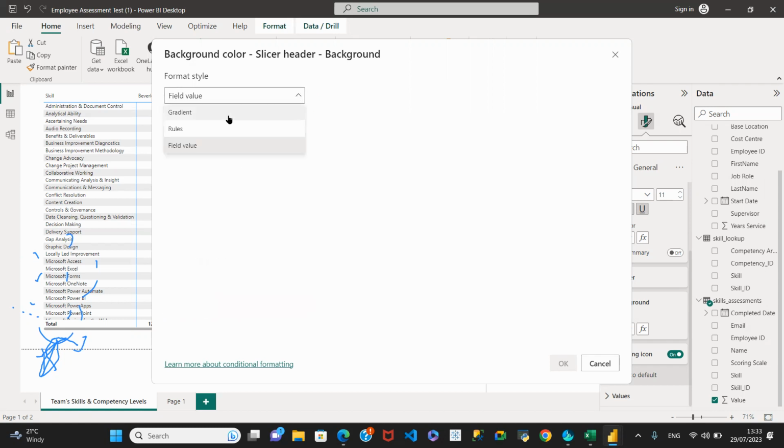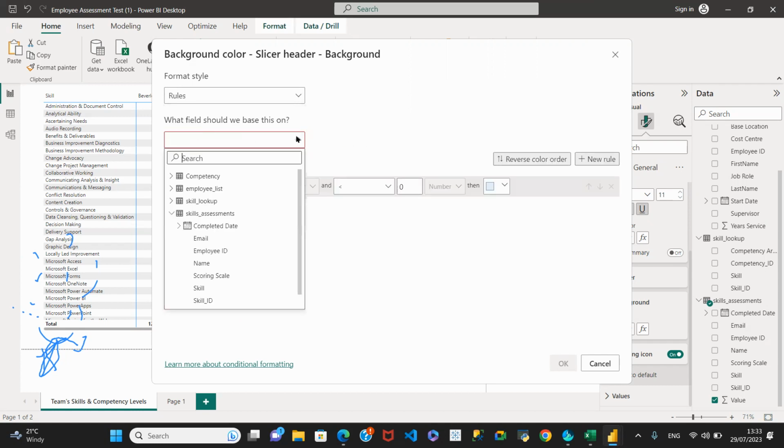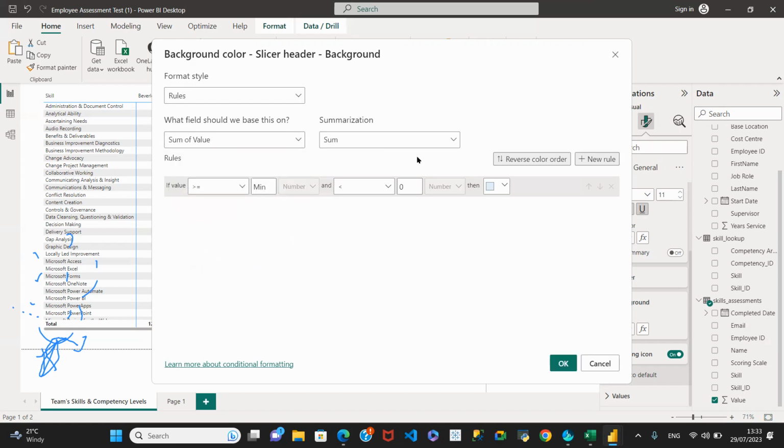Okay, that's not working. Let me go to rules. Rules always works for me. What field should we base this on? Field, sum of the value, summarization. Normally I don't want a summarization. So if I want to say if the value is greater than or equal to, again, we can use the drop down to check through. If the value is blank, if the value is greater than or equal to,